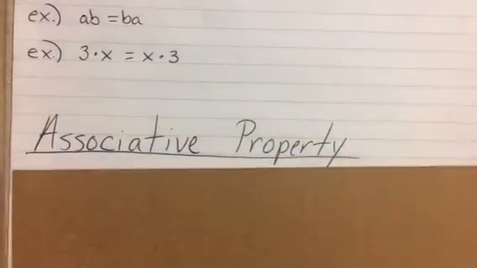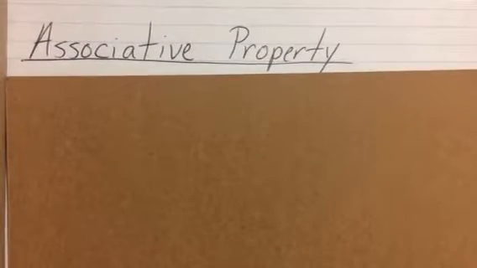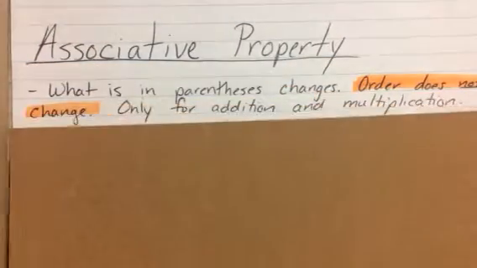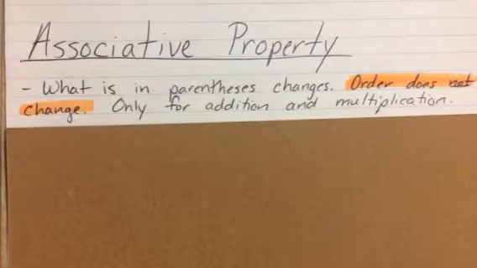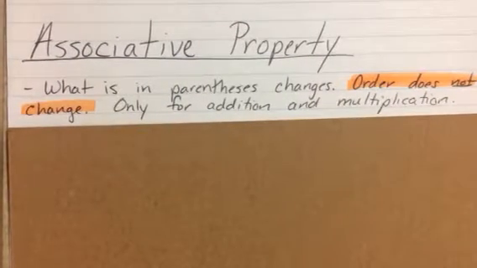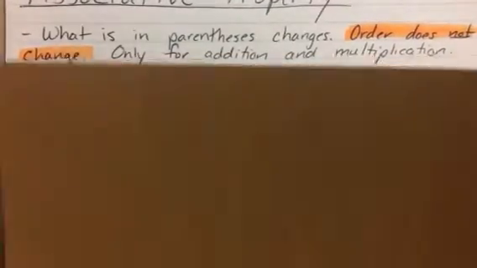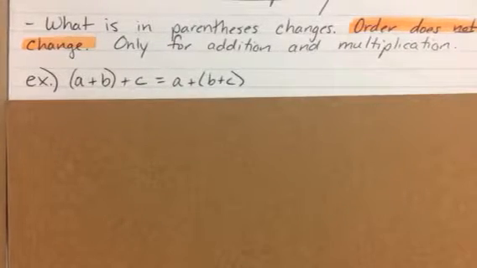The next property I'll talk about is the associative property. A lot of students mix up the associative property and the commutative property. So remember, with the associative property, the order does not change. So again, this is only for addition and multiplication. And let me show you a couple of examples and I'll explain. Order does not change, and also what changes for the associative property from one side to the other is what's